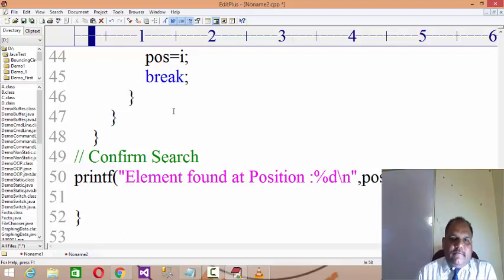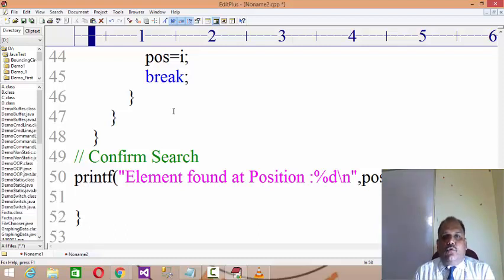So my main agenda in today's session is to explain the searching techniques. Whenever there is a collection, an array is required, because otherwise you have to repeat scanf and printf, and you cannot set a loop. So you can have an array over here. Now if you have an array, obviously you need to search for the existence of entries in the array. So there are two types of techniques.